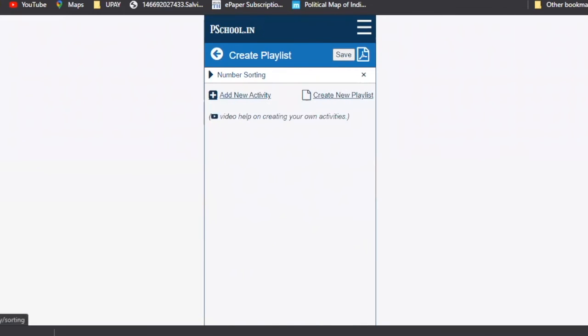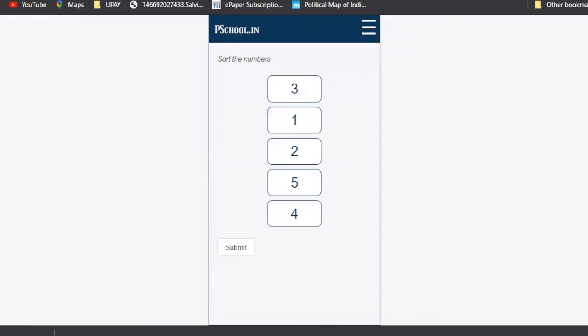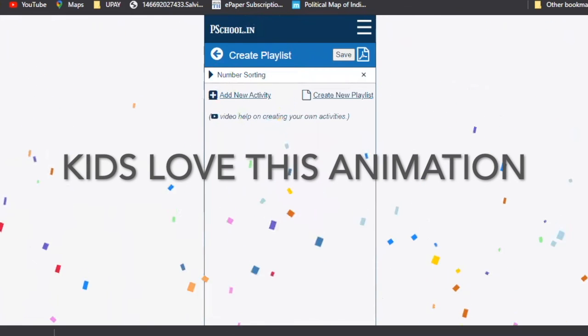If you want to see a demo, you can see how it will look, and you can keep on sorting, like 1 2 3 4 5, and you can just check. Okay, very good. So one is done.